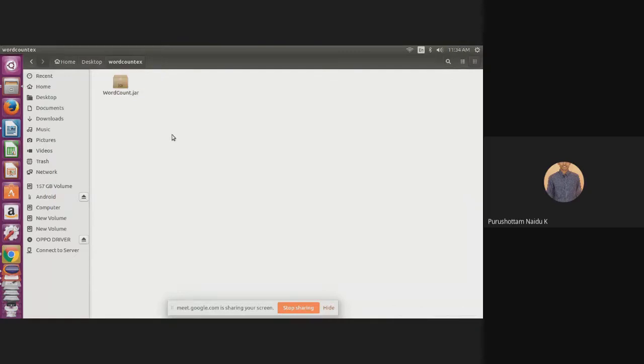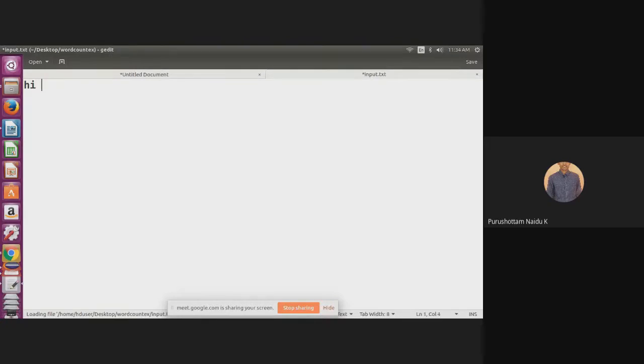Now I have to create one input file. For example, I create input.txt, because I want to count the words in the input file. Then open this one. Just some text: hi, hello, hello, hi, hi, Raj, Raj, how are you?